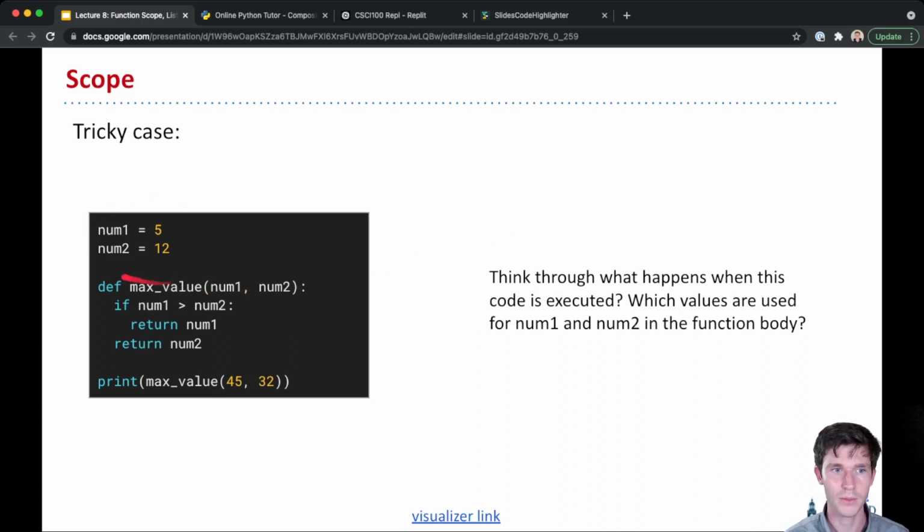We create num1 and num2 out here, 5 and 12, and so these are created in the global frame. And then we create this function max value. Again, when we create or define the function, not when we execute it, that is stored in the global frame because we have this name, max value, and it has this function associated with it. But now when we go to execute print max value 45, 32,